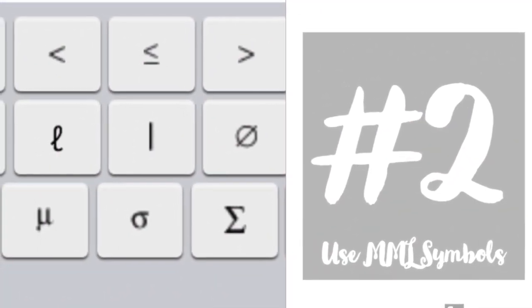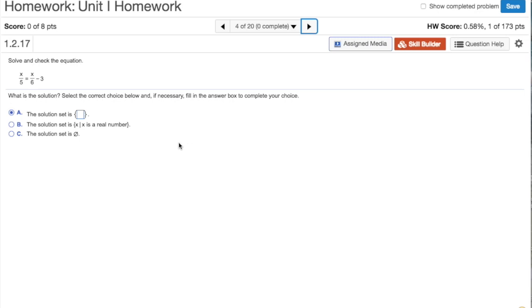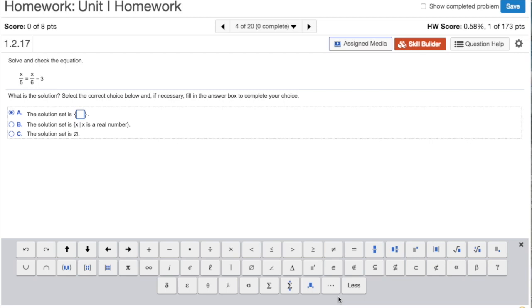Number 2. Use the symbols provided by MyMathLab. When you click on the answer box for your homework question, you'll see a bar of math symbols pop up at the bottom of the screen. These will include an exponent tool, a fraction tool, and other math operators and symbols. Notice that there are only a select few shown here. However, we can click on the More button to open up a toolbar that contains all of the math symbols